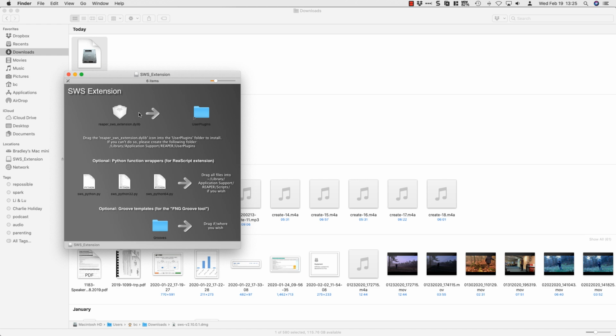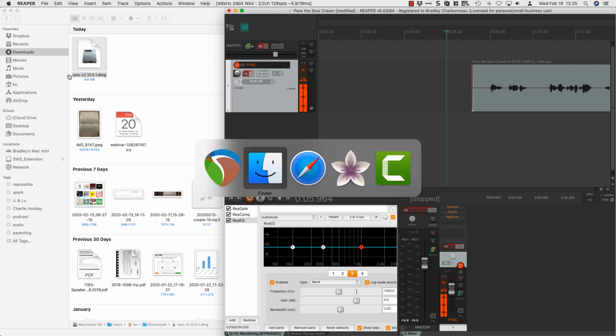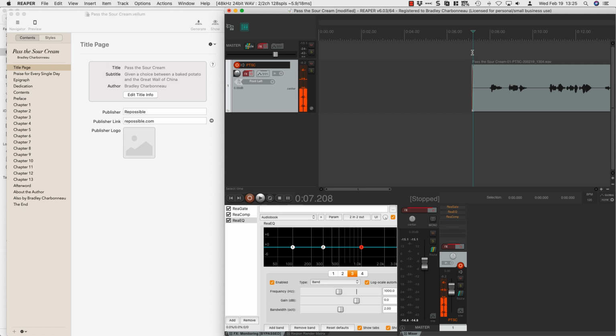Okay? So do that on your Mac or PC or whatever, and then I'll show you how we're going to get to this next part. Because when you don't have that, you can't see the thing I'm going to say to do yet. Once you do that, it's installed, you get your plugin, you probably want to restart Reaper. You might need to restart your computer. Then we're going to get in.